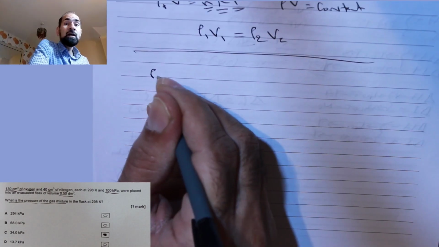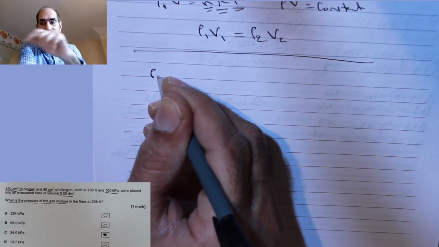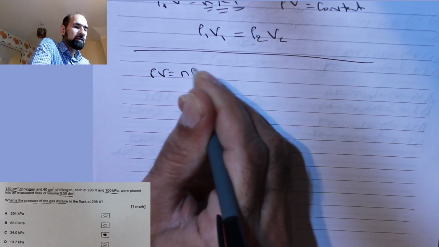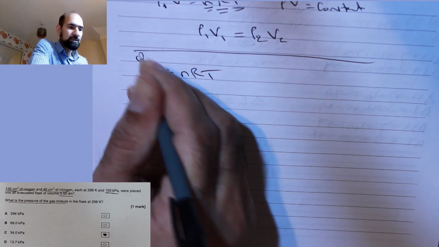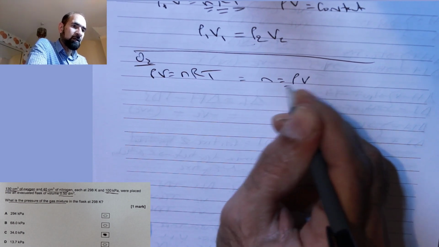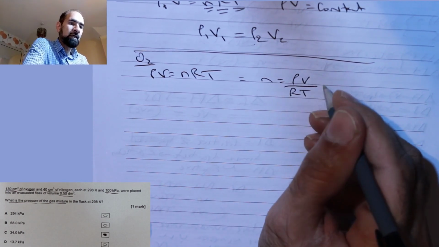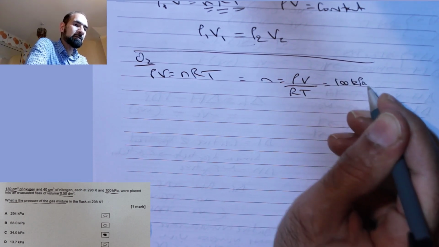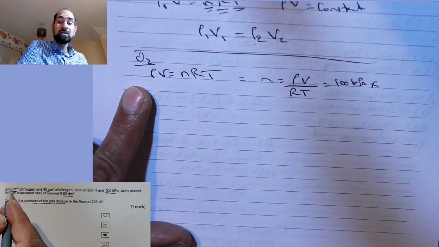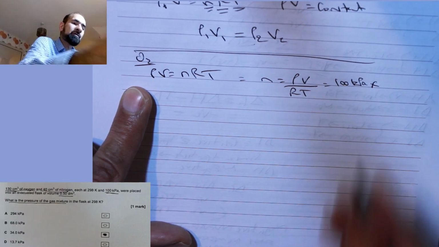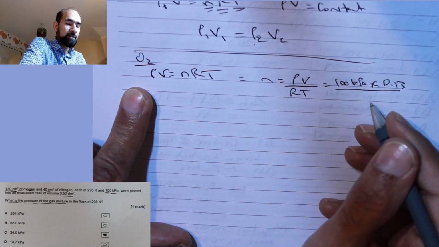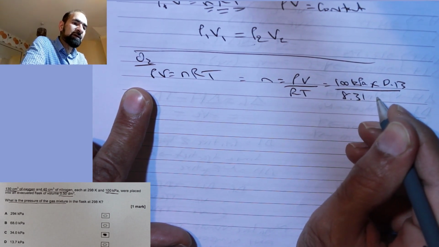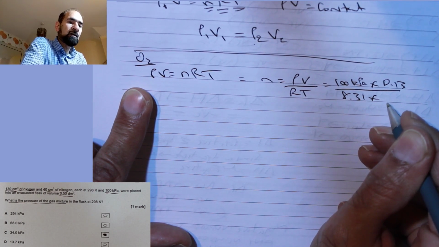You could have said, work out the moles for each of the gases. So work out the moles for each of the gases. Okay, so it's PV equals nRT, and this is going to be for oxygen. n equals PV over RT, and therefore pressure is 100 kilopascals. Remember, 100 kilopascals times the oxygen volume, which is again in decimeters cubed, so it's 0.13 because it's decimeters cubed in the ideal gas equation, and divided by 8.314, or 8.31 is fine, and then times by